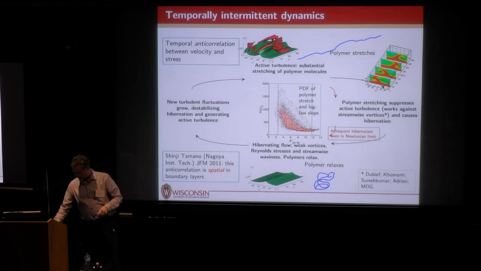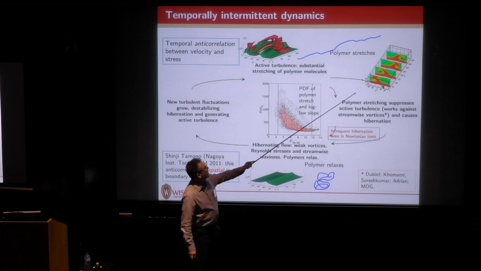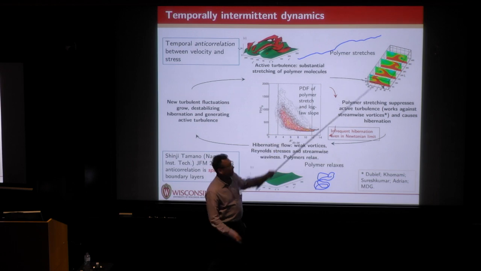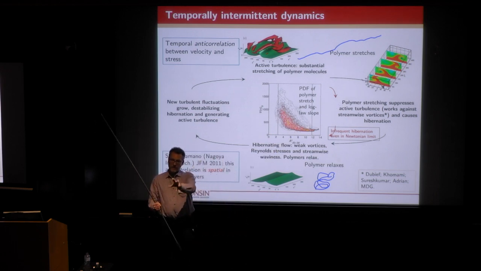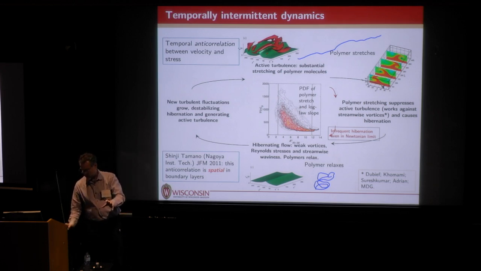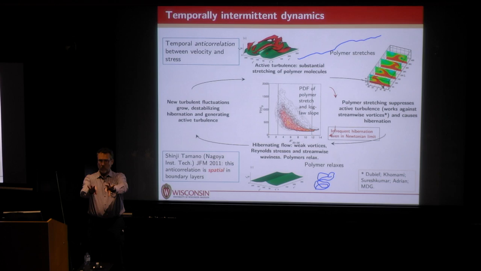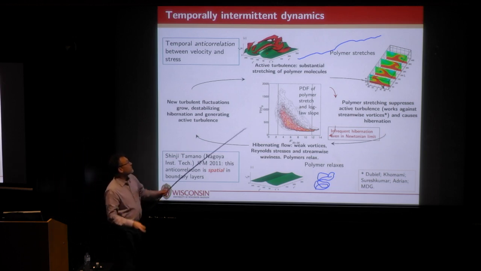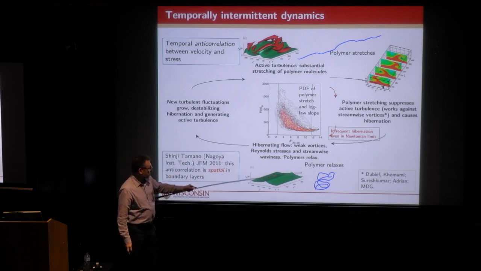And actually, we understand the mechanism pretty well of how that works. This picture here is looking at polymer stretching. What you see here, in this upwelling, you have highly stretched polymer that comes up and begins to wrap around the streamwise vortices. In the vortex cores, the flow is no longer extensional, and the polymers start to relax. If you look at the associated torque from the polymers, they basically work to unwind the streamwise vortices. We understand that mechanism reasonably well from the work of our group and a number of other groups. And so these will collapse, and you end up with this much weaker state.